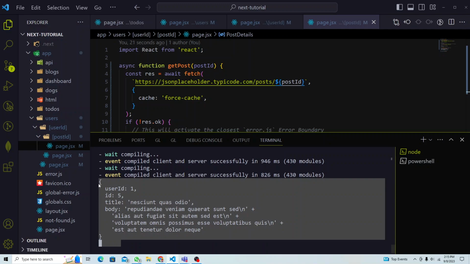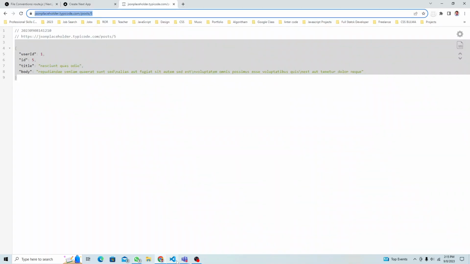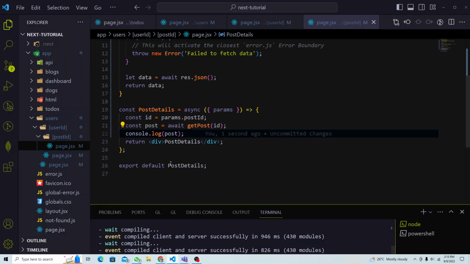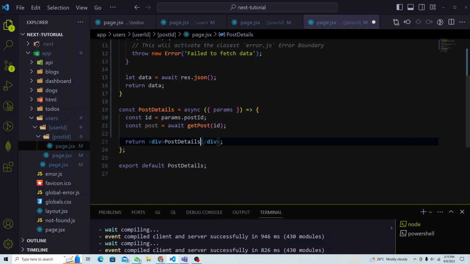So this is just the post, a single post, and that will give you something you can display, maybe the id, title, body, right? So let's display that one. That's just a few pieces of information, and that is in the post, right? This is just a simple object. Okay, so I will remove this console log and go back to our